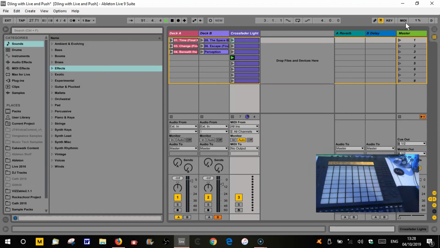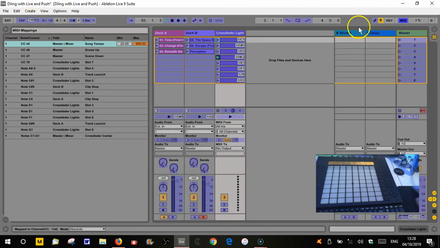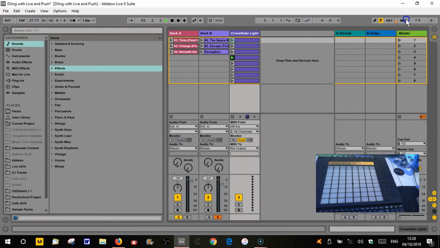If you need to go down, you'd have to go to user mode and go back. So I say it's not an ideal solution, but it is a solution. So let's go back into MIDI map mode and we'll go into our tempo and we'll press the button, and that's mapped to that now. So if we come out of that mode, let me just change that, press that button, and we'll see